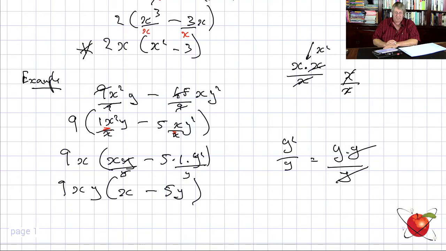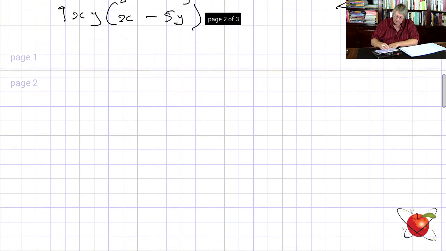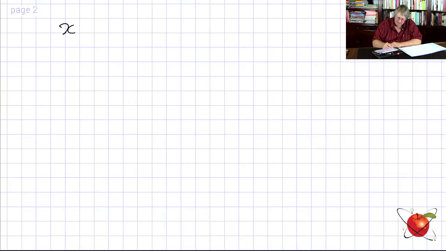Happy with that? You can always check by multiplying it out. I'm not going to bother to do that right now. What are we going to do next? Well, the next thing we're going to do is look at something different, a highest common factor. For example, what's the highest common factor of x cubed y to the 5th minus